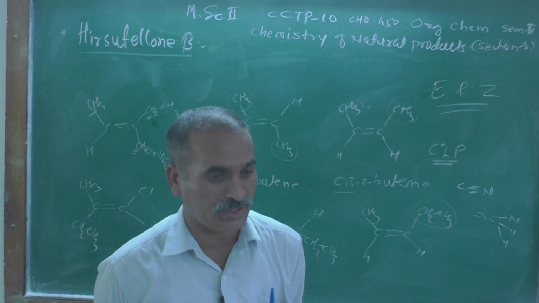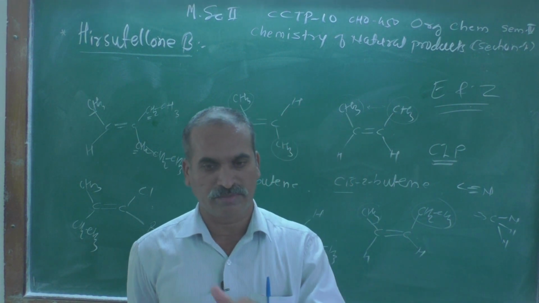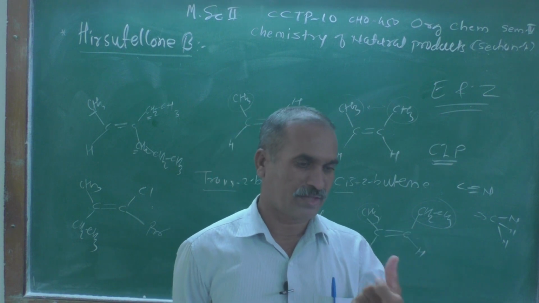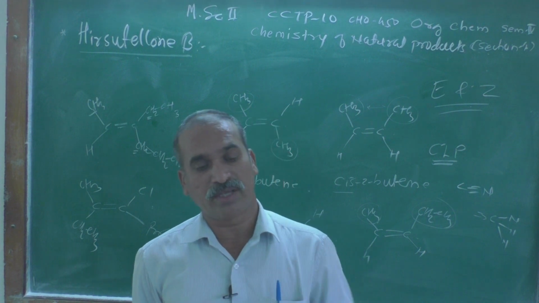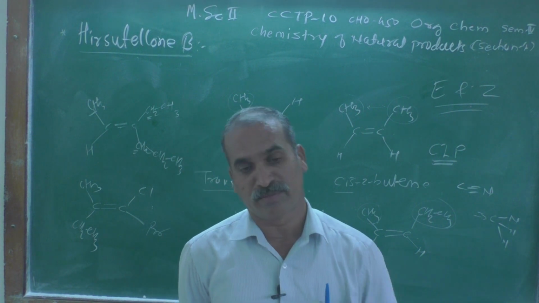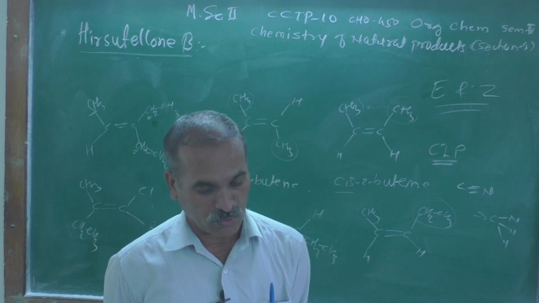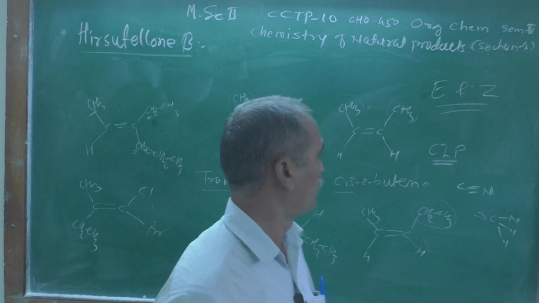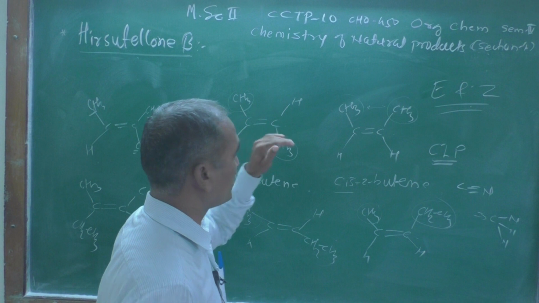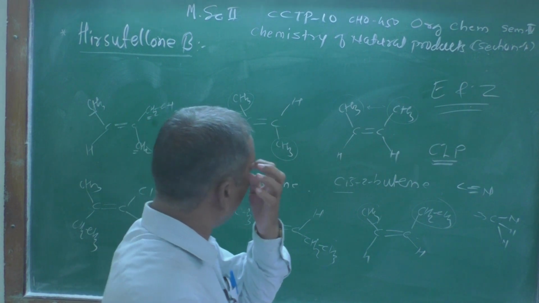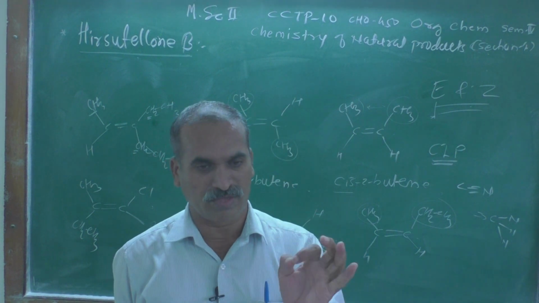As we know, hydrogen has 3 isotopes. Number 1, the simplest hydrogen atom. Number 2, deuterium. And the third one is tritium. They have the same atomic number, but their mass numbers are different. So that type of phenomenon is known as isotopes. Hydrogen has 3 isotopes. So similarly, by using this, but while E and Z, again remember, E means what? Priority groups are similar, suppose 1, 1 and 2, 2.